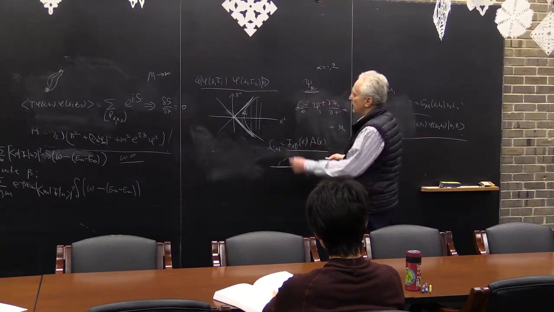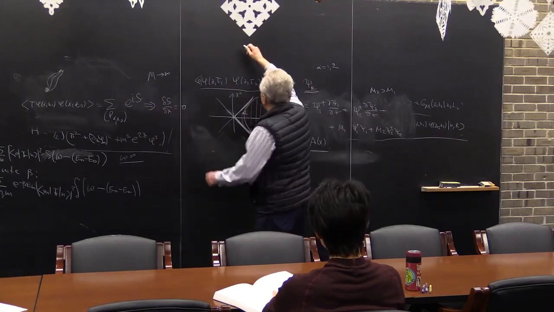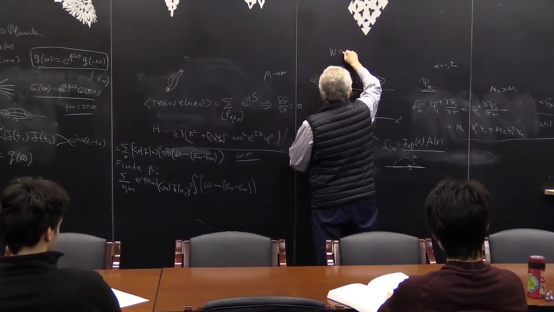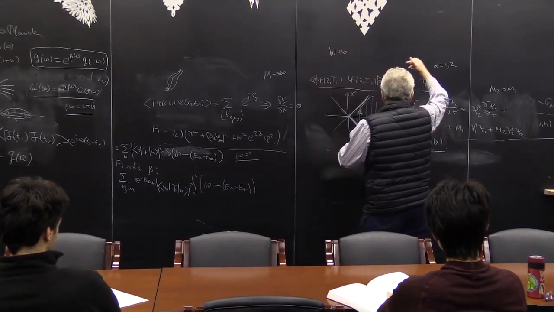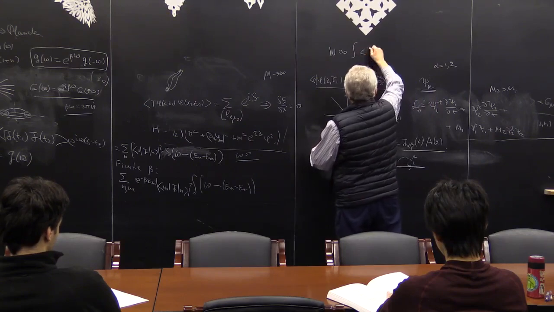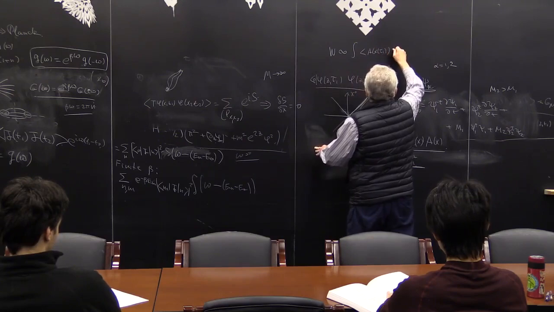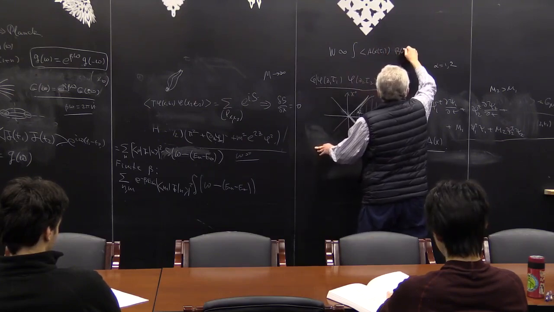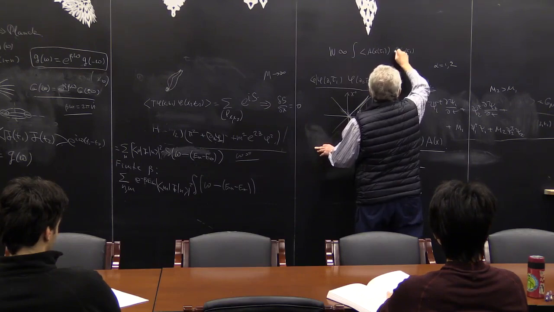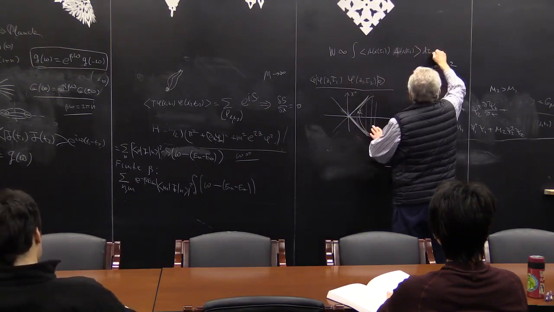And the probability is given by basically the same formulas. The probability for going along the trajectory will be proportional to A of x of tau 1, A of x of tau 2, d tau 1, d tau 2,